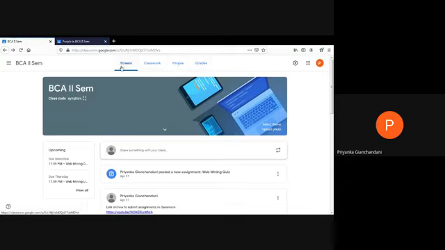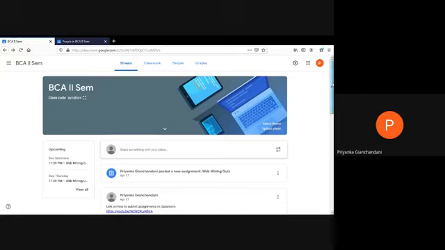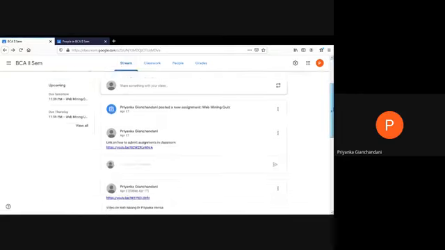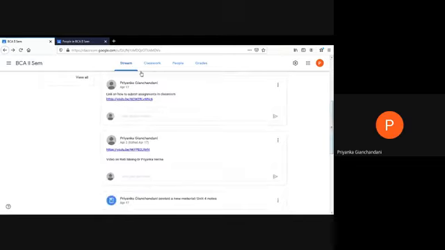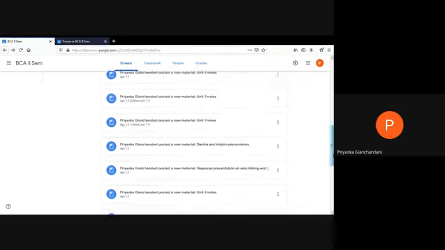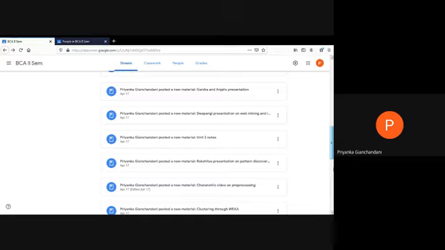Inside the stream tab, if I want to share something with my students, like if you see over here, I have shared a link with them on how they can submit their assignments. I've created a YouTube video that I have shared with my students. Plus, whatever I post in my classwork, be it an assignment or a presentation, anything, that message is going to be streamed inside the stream tab.